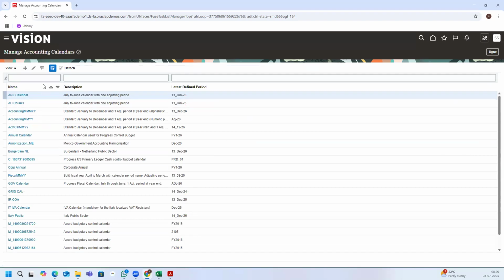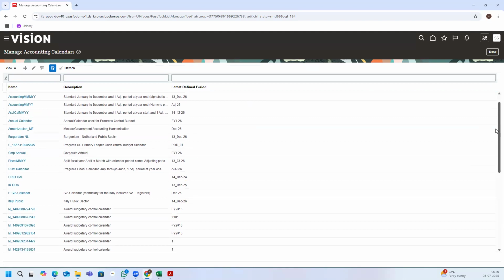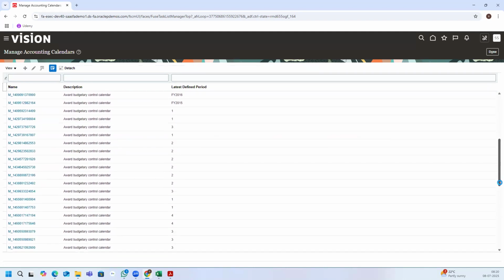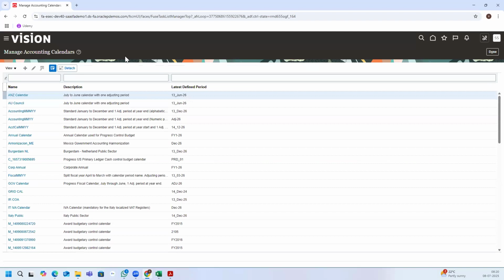By default, here we have multiple calendars. These calendars we need to create, because they will not be available automatically. So when Oracle gives a blank instance, they will not create any calendars. But currencies should already be available. We will not get the calendars by default. So to create our own calendar, click on plus,